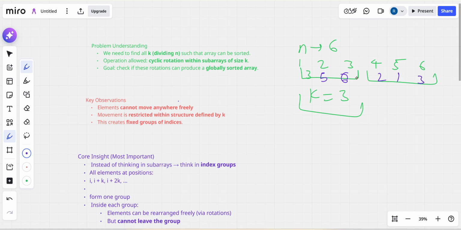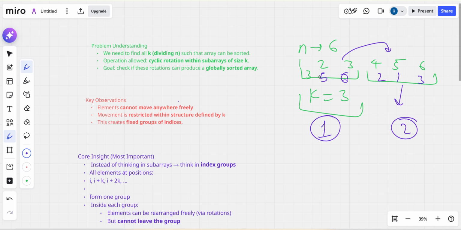So the array elements cannot move freely, and they cannot move from this array to this array. So the first condition is that the groups will always be fixed. If this is the first group and this is the second group, then an element from this group can't move to this group, and from this they cannot move to other groups. They can only move within their own group.